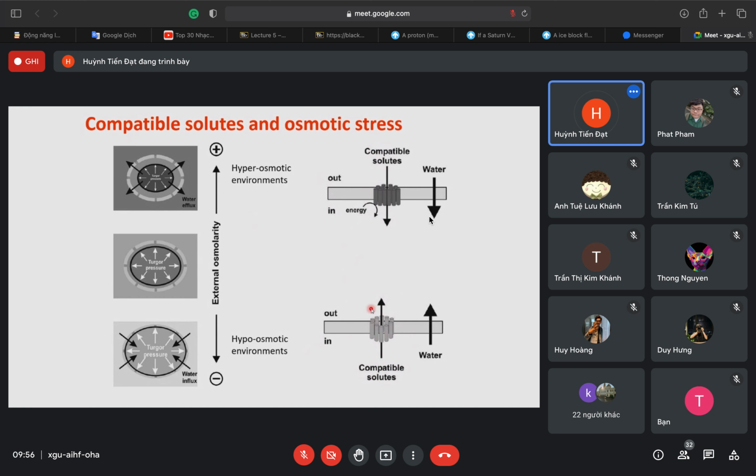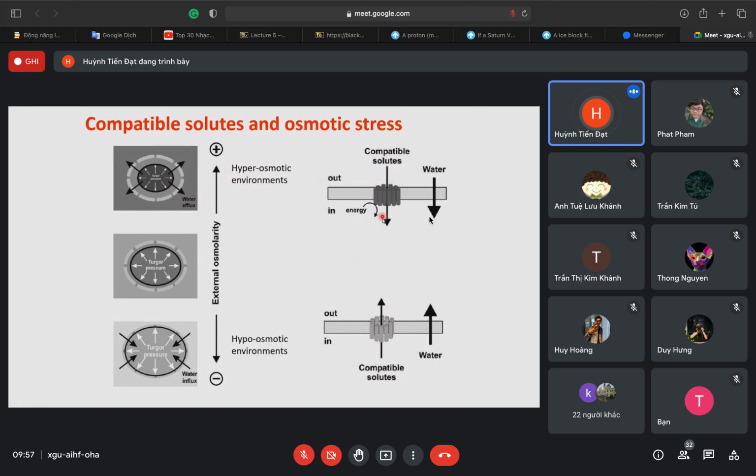Okay, example. When they get the hyper, does that mean high or low? High. Yeah, high osmotic environments. It means most likely the water will go out. Is it right? The water will go out. Efflux. Yes. So in that case, if we have the compatible solute available,